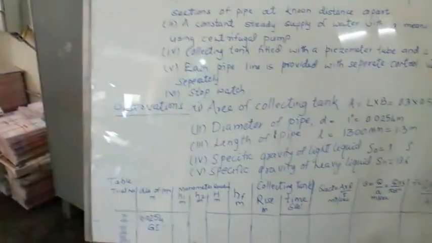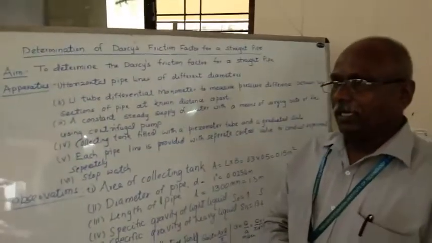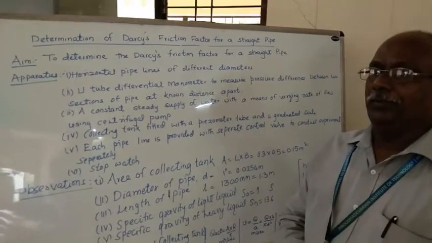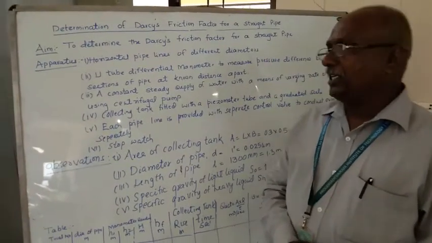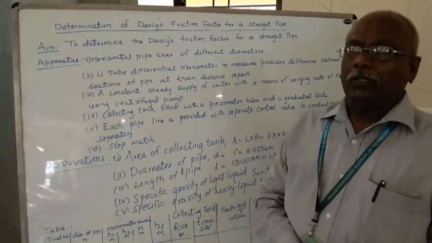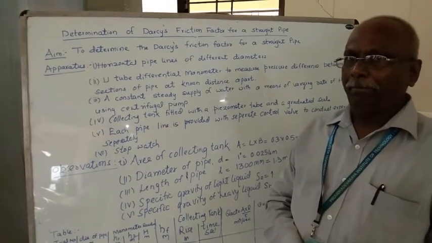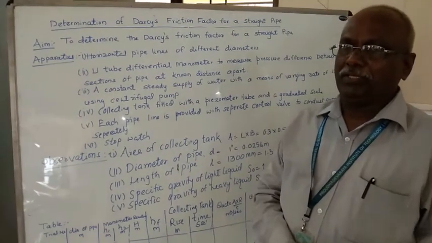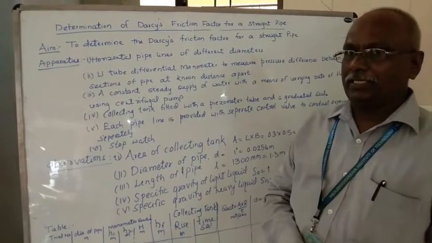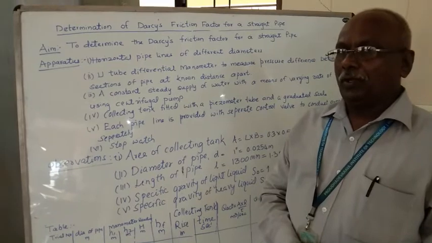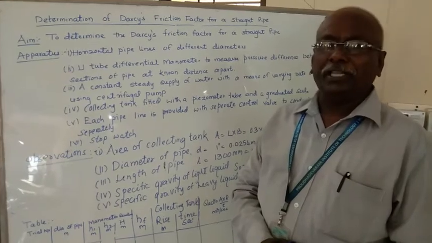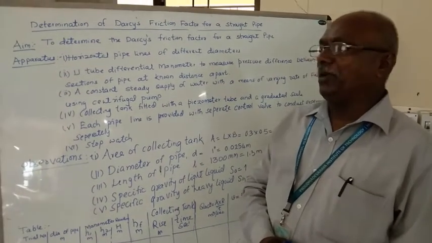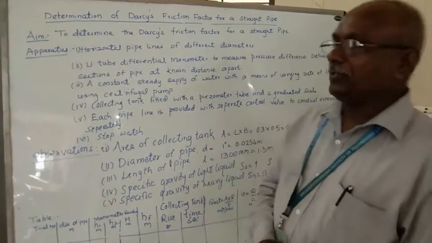The aim of this experiment is to find the Darcy's friction factor. After the identification of the source of water, we treat it to the required limit and store it in a storage reservoir. By providing pipelines, main pipelines, sub-mains, and branch lines, we can supply the water to the consumer's doorstep with sufficient pressure. That is treated pure drinking water that we have to supply to the consumer's doorsteps with sufficient pressure.